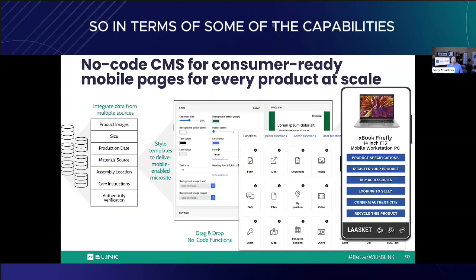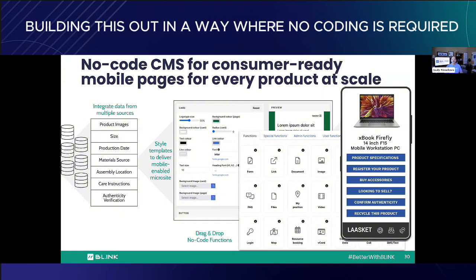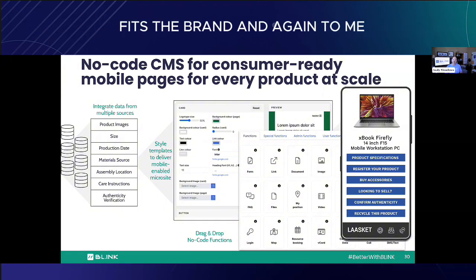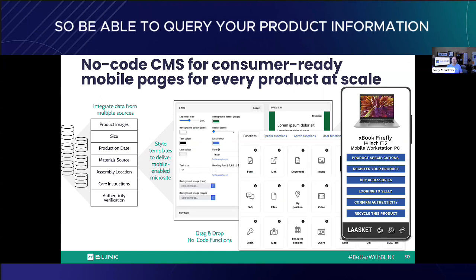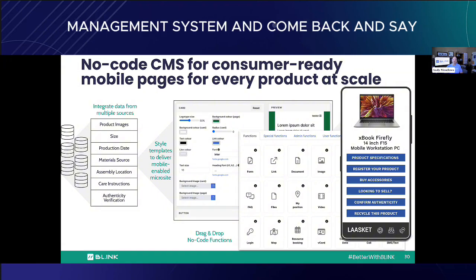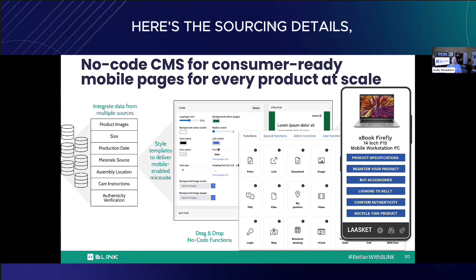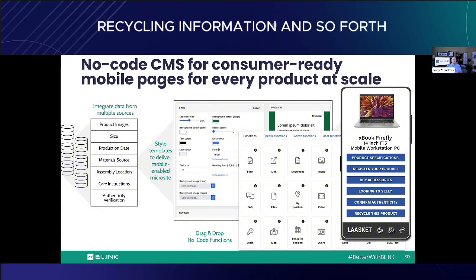So in terms of some of the capabilities of the platform, looking at, again, building this out in a way where no coding is required, we can build a template and the structure where it fits the brand. And again, to me, the most important aspect of this is the real-time pulled up data information. So being able to query your product information management system and come back and say, here's the product image, here's the ingredients, here's the sourcing details, here's where it was manufactured, here's the authenticity details, recycling information, and so forth,